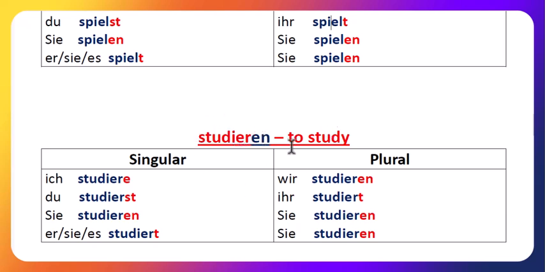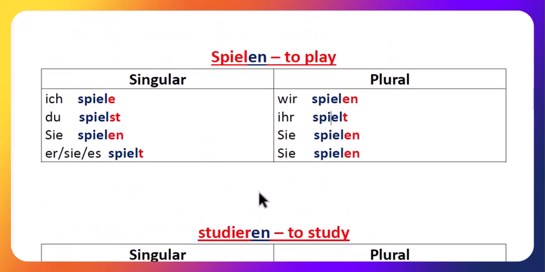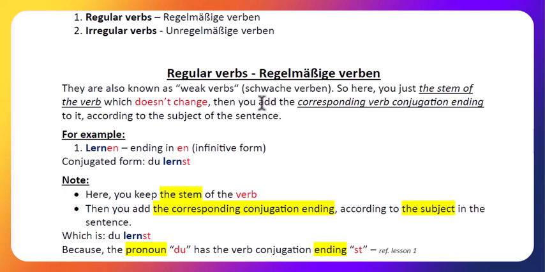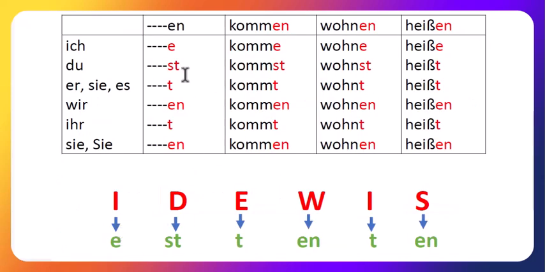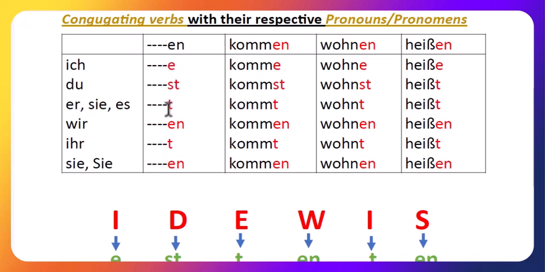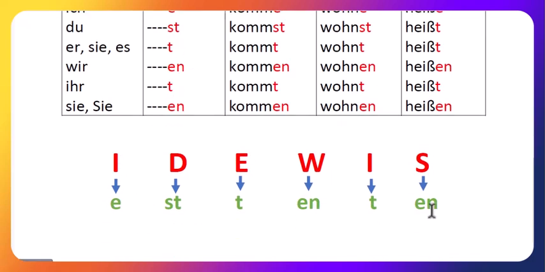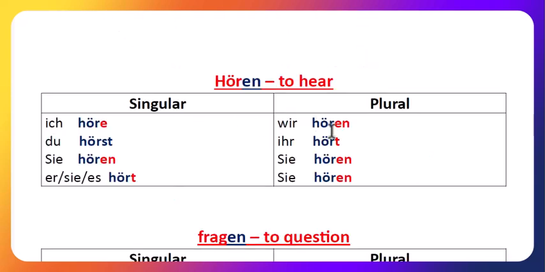But studieren, to study. You apply the same ending, EST, ENT. You can apply this one, just apply this one. With me, you should look at the table, EST or this one. But there is a difference between person: this is singular and plural. That's the problem. If you don't know that this one is plural, you get confused.